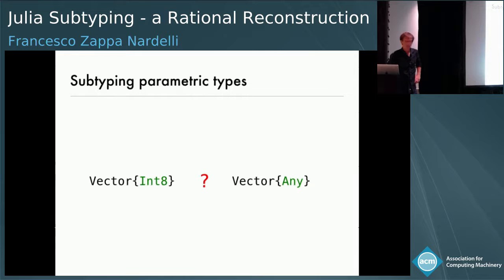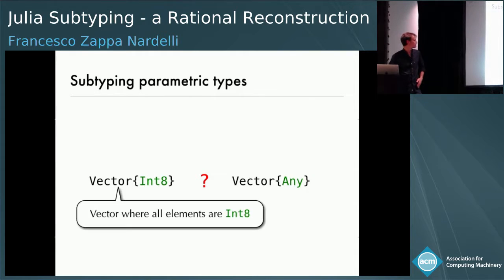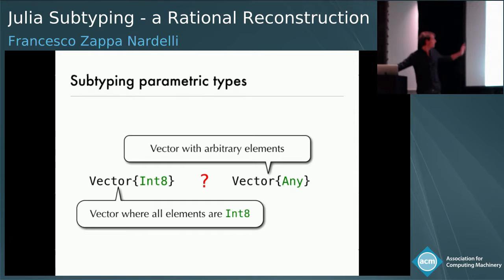Julia's parametric types. For instance, let's consider this: a Vector of Integers and a Vector of Any. Are they in a subtype relation or not? If you follow the set intuition, then the answer should be yes, because on the left-hand side, we have a vector where all elements are integers. On the right-hand side, we have the set of all the vectors with arbitrary elements, and subtyping clearly